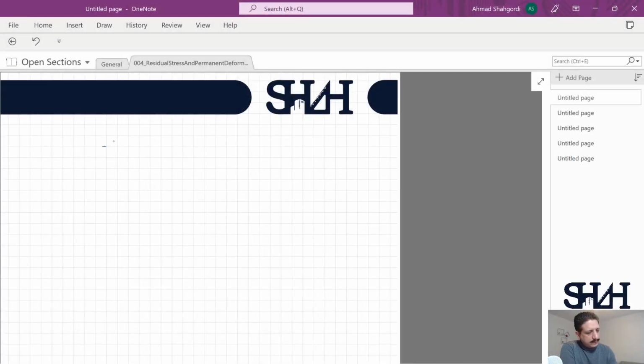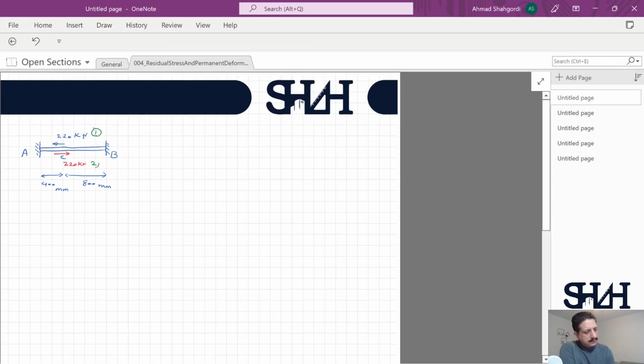The example was about a rod with the length of 1200 millimeter, fixed connected to both ends, A and B, and at point C in the distance of 400 millimeter from the left and 800 millimeter from its right. It was under a load with a magnitude of 220 kilonewton, and after that we remove the load. Phase 1